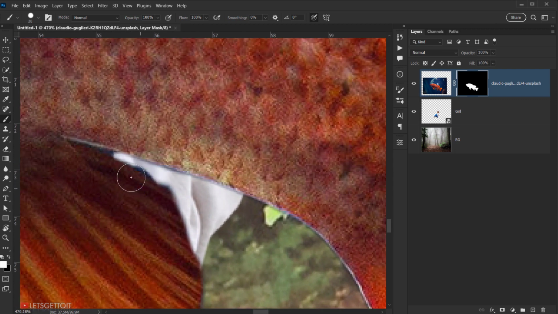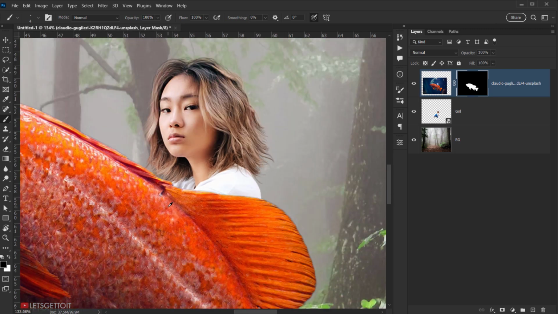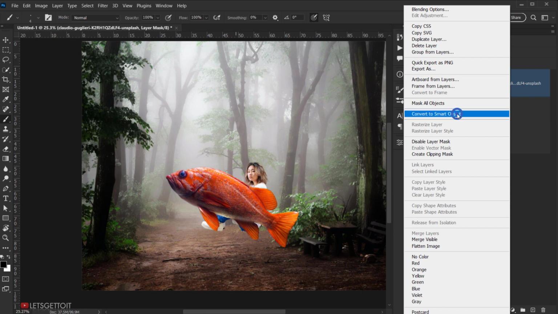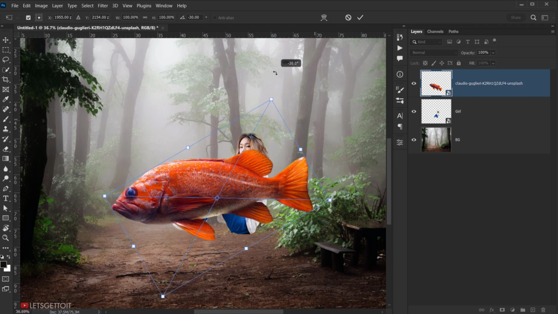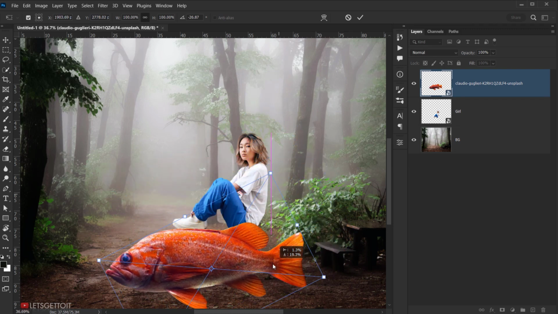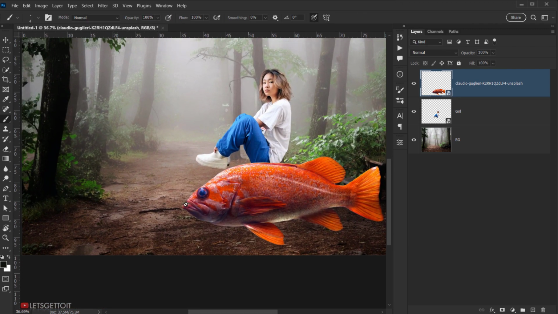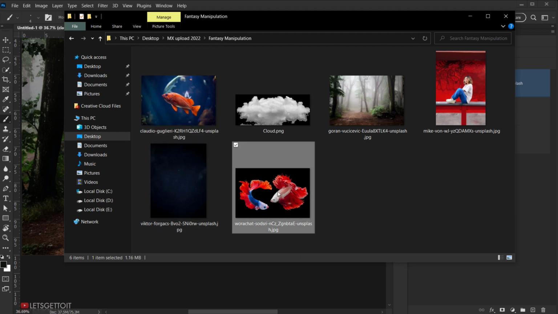And I think I need to add this a little bit and then delete all this blue in here. Alright, and let's check this. Alright, I think it looks good. Now we'll right click and choose convert to smart object, and then I'm gonna press Ctrl Command T and I will make it just like that, and I will put this in here and I will want to click on this check mark. Alright, next we need to add this one in here, so we'll take it and open it